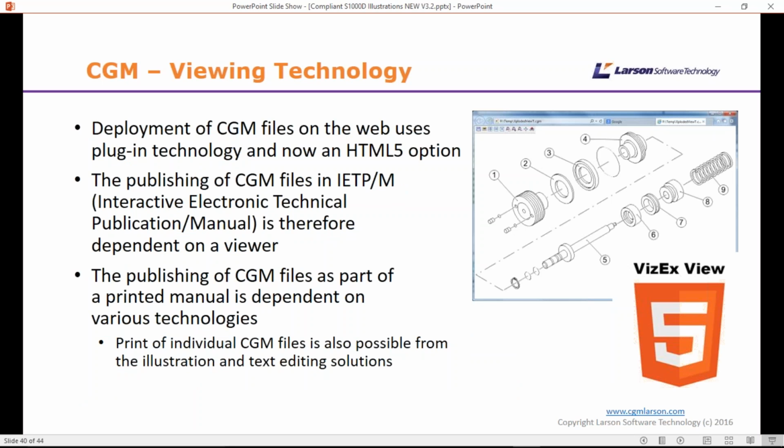You also need some way of viewing these files, or your customer does. So when you deliver them in the IETP, you need a way to deliver that interactivity. There are quite a few viewers on the market. They're mainly based on ActiveX controls, but I think this technology is now becoming a bit outdated.